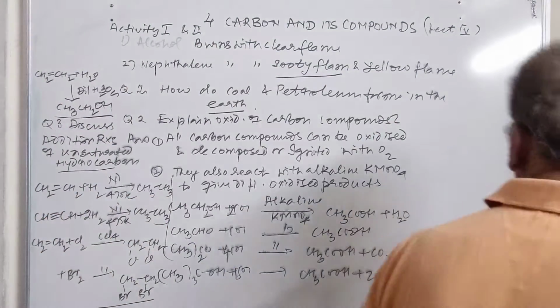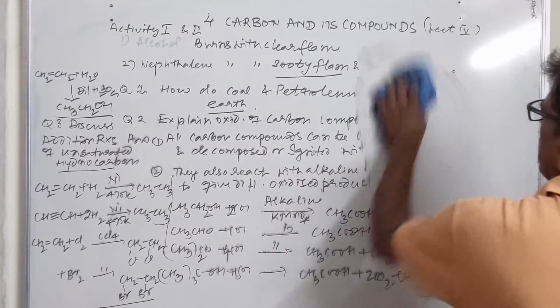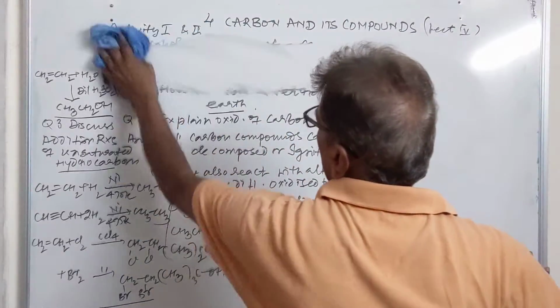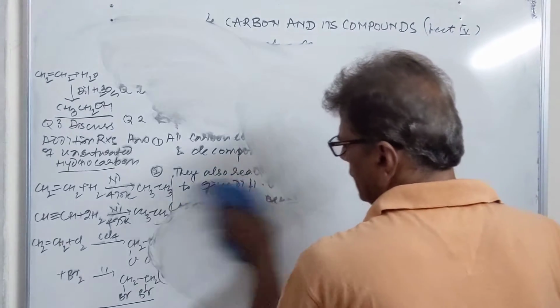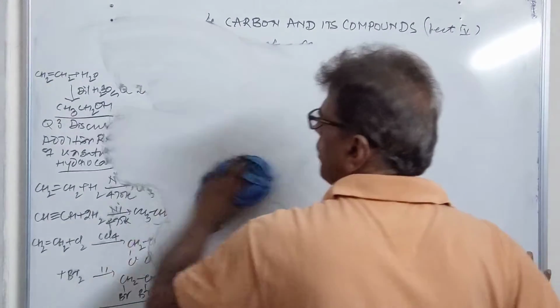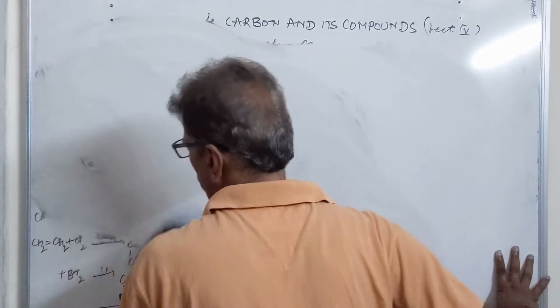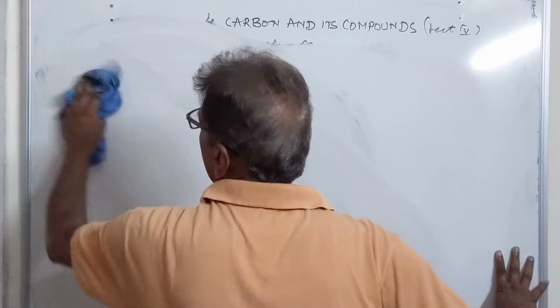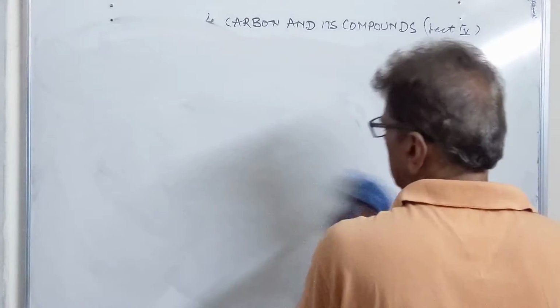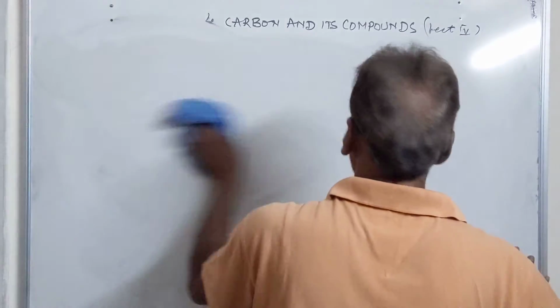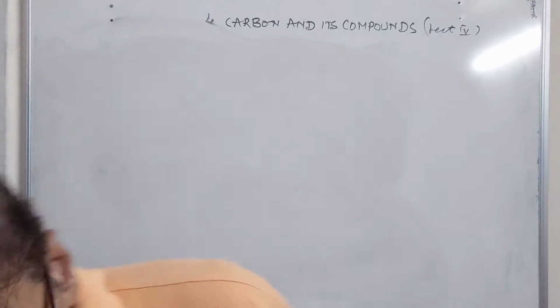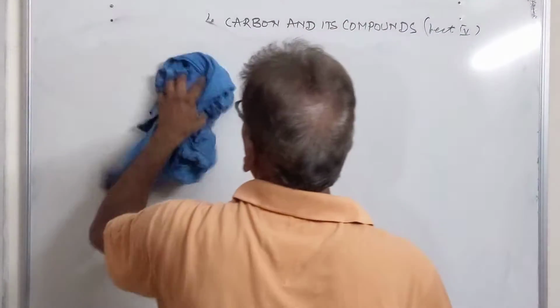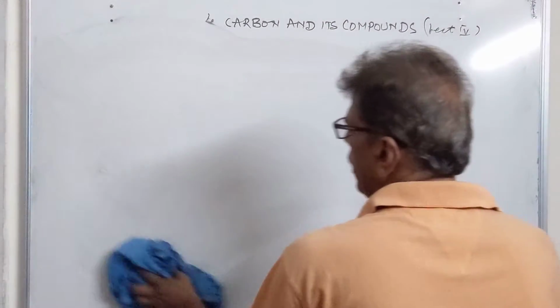They can add up a molecule of hydrogen, they can add up halogen, they can add up water, they can add up acetic acid, they can add up a number of compounds such as HCN, HOCl, hypochlorous acid, and hypobromous acid. We study these reactions in detail at our 11th level in the higher class. They are not up to our level, so we will not go into the detail of those reactions.